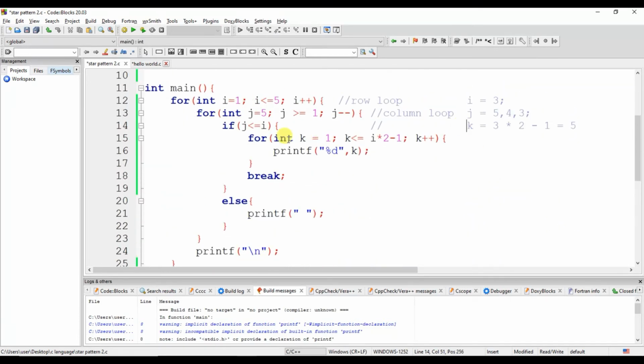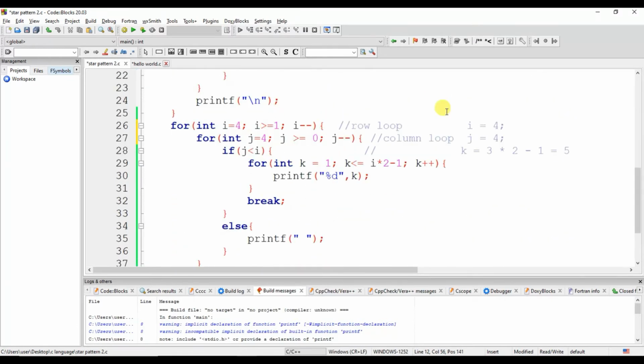After that I is still 4. We are in the J loop with the condition false and we printed the space, and then J becomes 3. When J becomes 3, J is less than I, because J is 3 and I is 4, so the condition is satisfied.